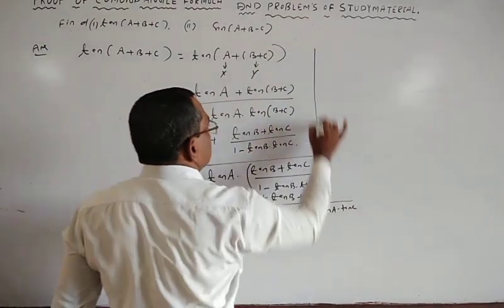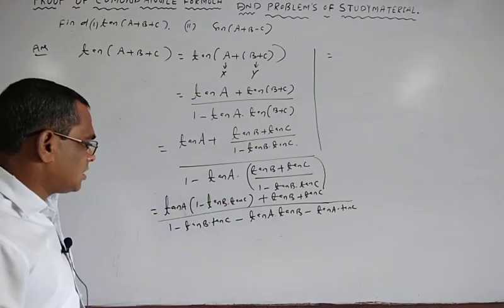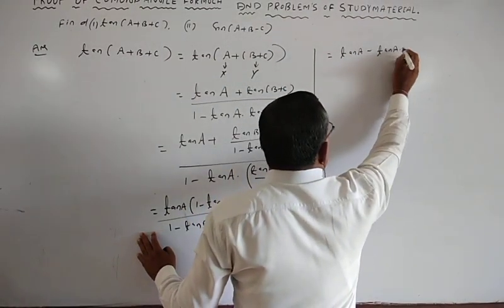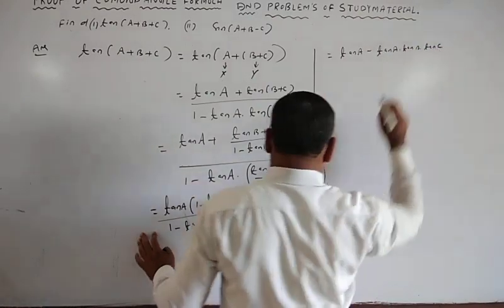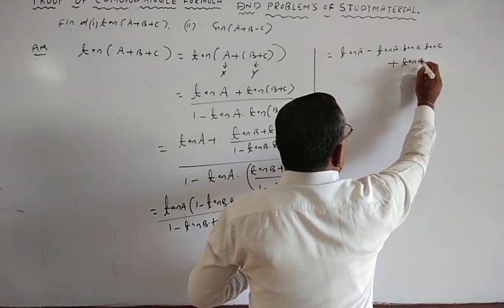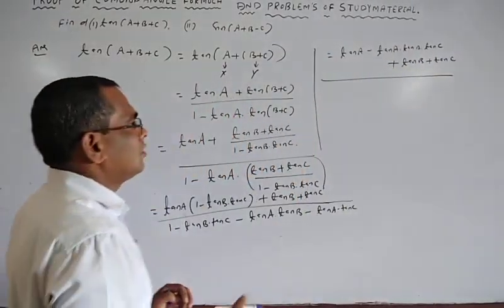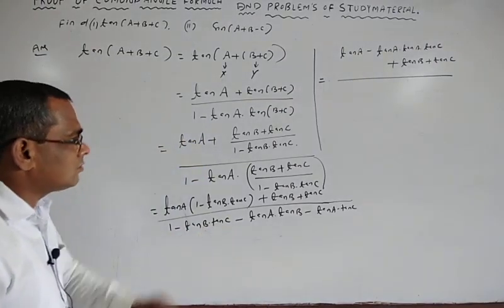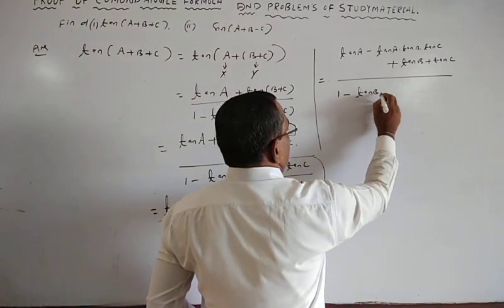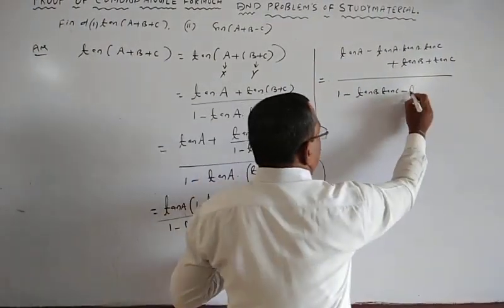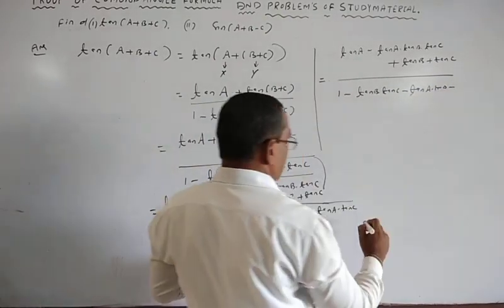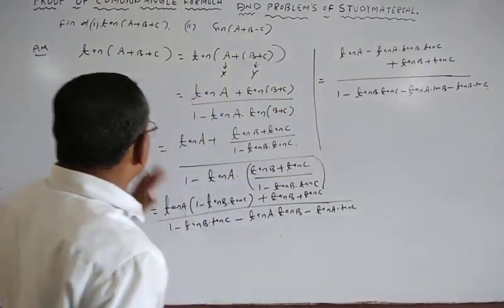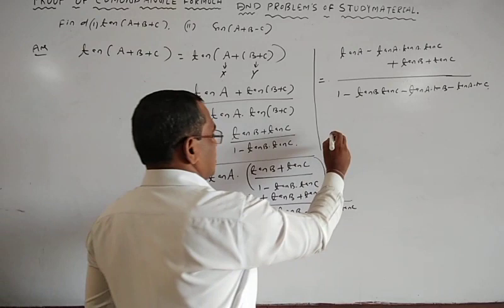So this is equal to 1 minus tan b into tan c, tan a, minus tan a into tan b into tan c, plus tan b plus tan c, whole by 1 minus tan b tan c minus tan a tan b minus tan a tan c. Therefore tan of a plus b plus c is equal to